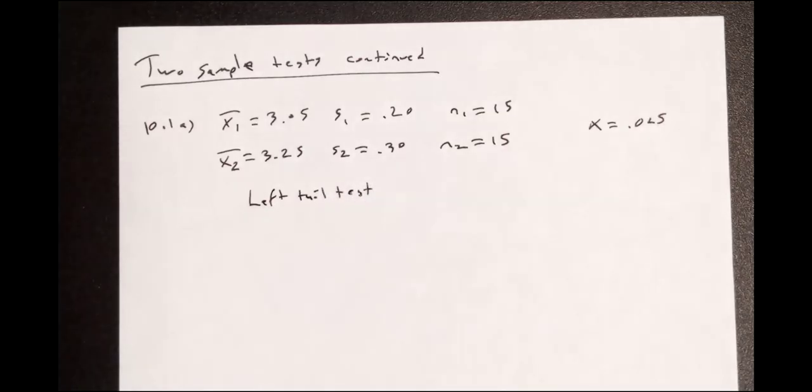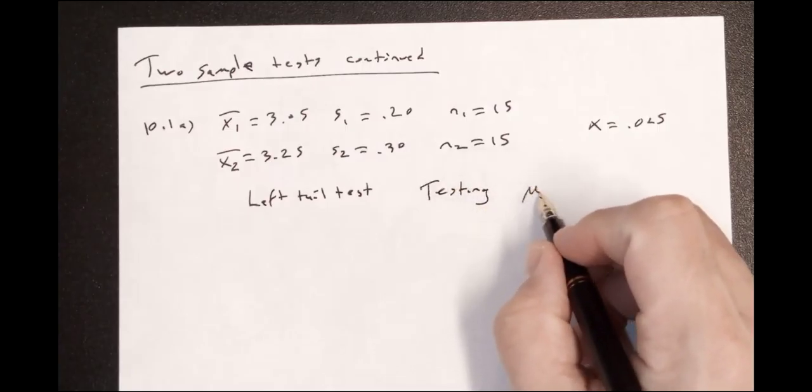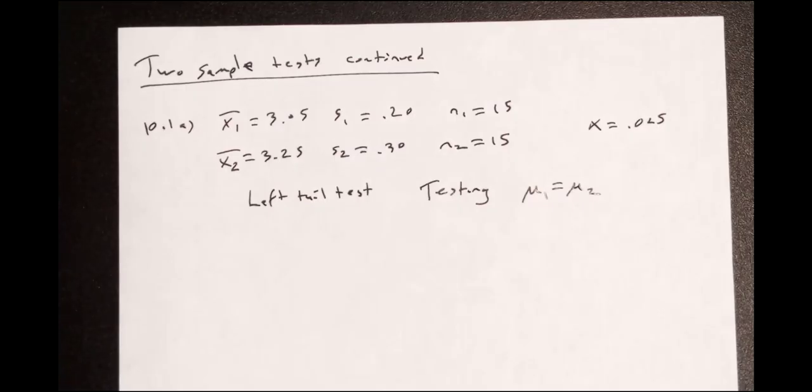There's one other piece of information I need out of that original statement. It says do a test for equality of means. If I'm testing for equality of means, that's the same as saying that the difference between those two means is